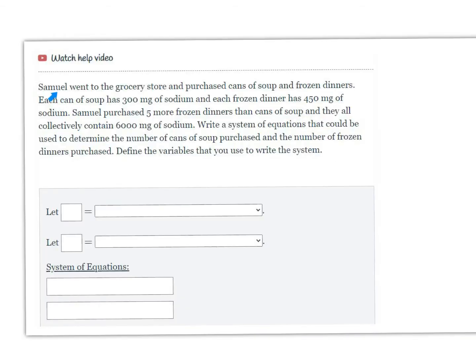All right, so this first one says that Samuel went to the grocery store and he purchased cans of soup and frozen dinners. So already we have our two variables. Each can of soup has 300 milligrams of sodium, and each frozen dinner has 450 milligrams of sodium. Samuel purchased 5 more frozen dinners than cans of soup, and they collectively contain 6,000 milligrams of sodium. Write a system of equations that can be used to determine the number of cans of soup purchased and the number of frozen dinners